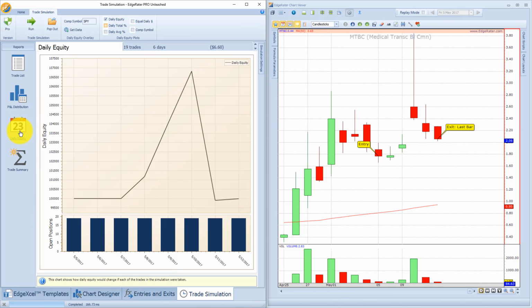But as you can see from the equity chart here, if I just look at the daily equity, Friday was the 5th. I think before I said Friday the 4th, but it's the 5th. Saturday was the 6th, Sunday was the 7th, and then on Monday we actually started to move up the equity here. On Tuesday we were up a bit further, and on Wednesday we had maximum equity in the account of